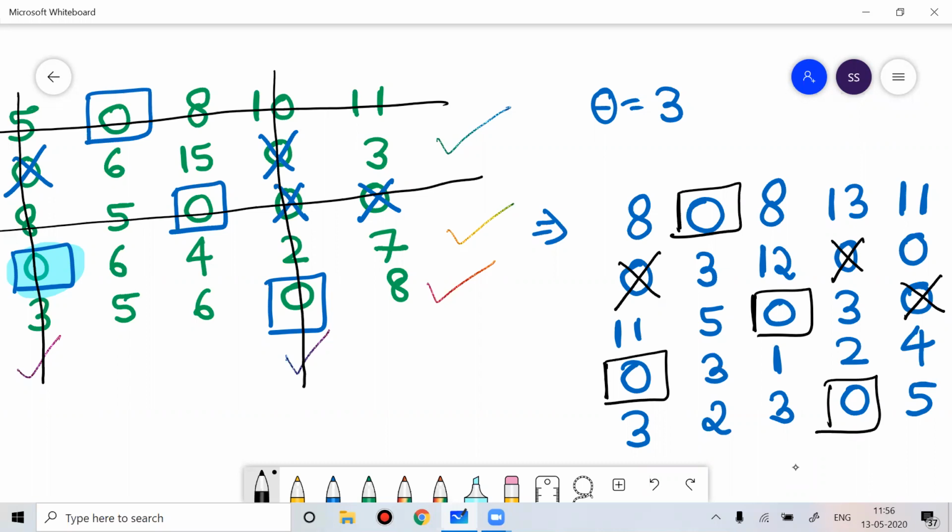Now see row wise. First row you cannot do anything, second row you have 3 zeros, 2 cancelled, 1 available, do not touch it. Third you cannot do, fourth you cannot do, fifth cannot do. Now see column wise. First column you cannot do anything, second column you cannot do anything, third column you cannot do anything, fourth column you cannot do anything. Now fifth column you have 2 zeros, 1 cancelled, 1 available. Now done. Every row has one 0 allocated, every column has one 0 allocated. So your work is done. So this is the solution.